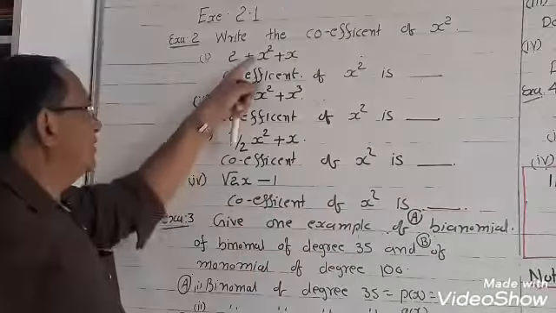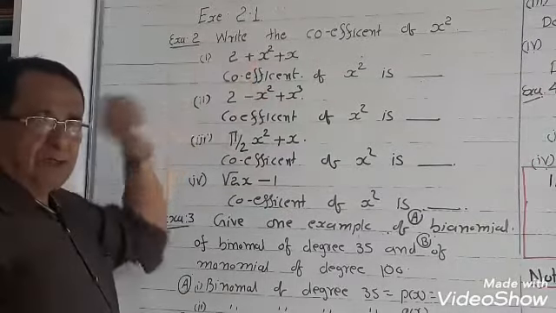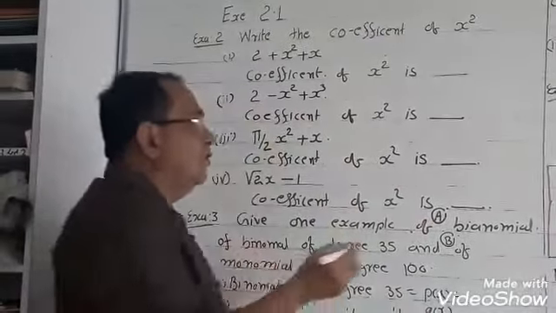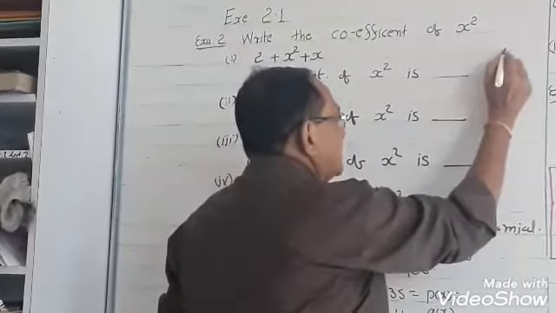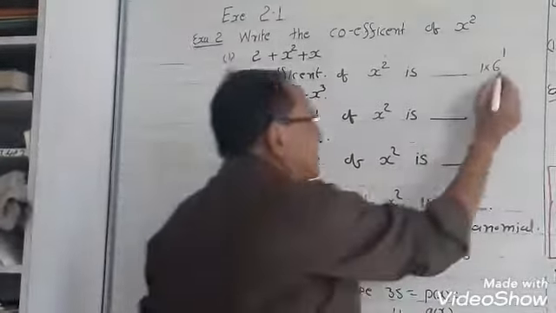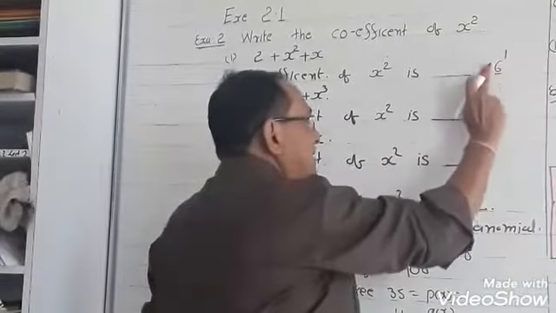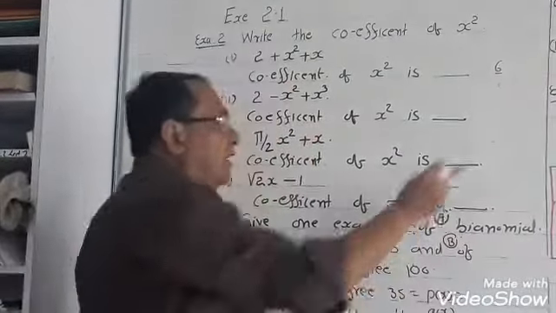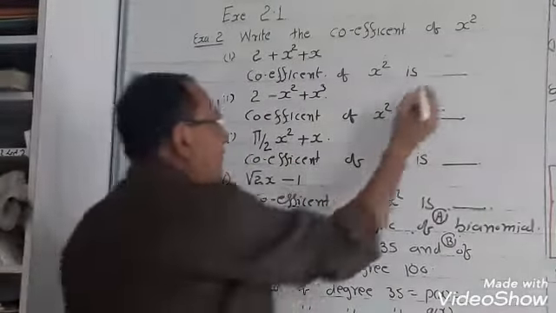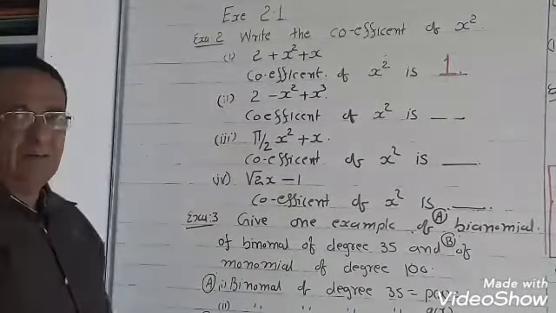So what is your coefficient here? It is 1. Nothing is written but 1 is hidden. 1 is hidden always, in three ways. Suppose I have written here 6. 6 raised to 1, 6. 1 multiplied by 6, 6. 6 divided by 1, 6. Is it clear? We have not written it, but it is there. Whenever it is required, we will write it. The coefficient of x square is equal to 1. That is your answer.